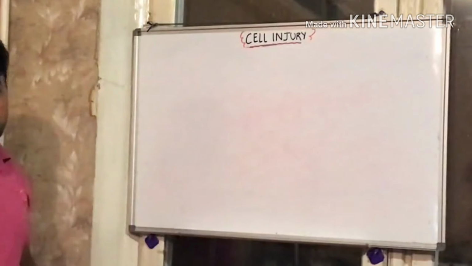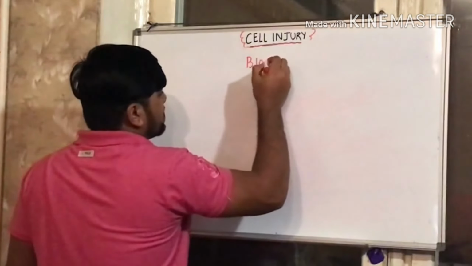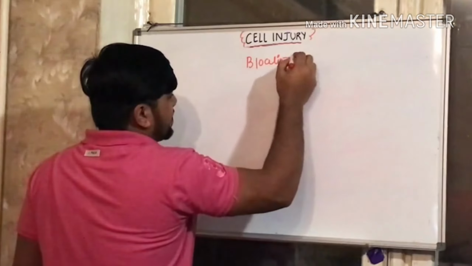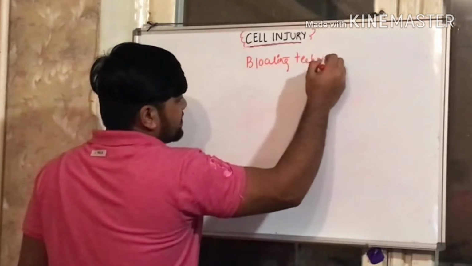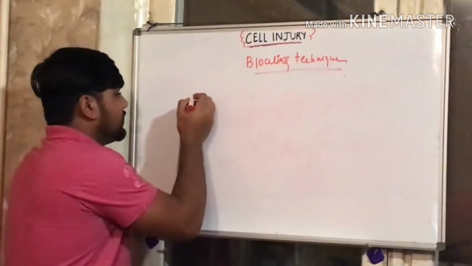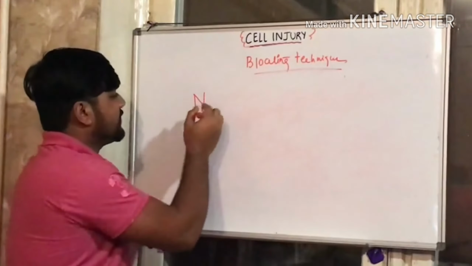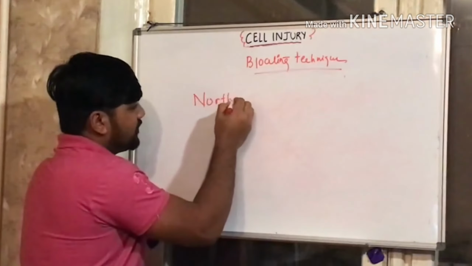the specific stain. Now we will study blotting techniques. Blotting technique is a very easy topic. It's totally based on mnemonics. So try to understand. There are 4 types of blotting technique. One is northern blotting,